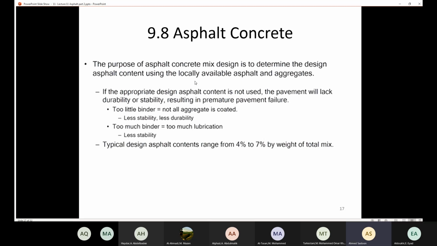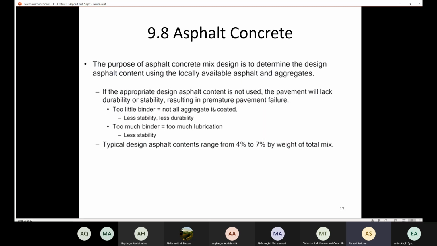Of course, we are going to use locally available asphalt and aggregate. So if the appropriate design asphalt content is not used, if you are not going to use the optimum amount of the asphalt, then the pavement will lack durability or stability. So if you are not going to choose the appropriate amount of asphalt, then you are going to have either a problem in durability or a problem in stability. How are we going to have a problem in durability? If you are going to use too little binder,